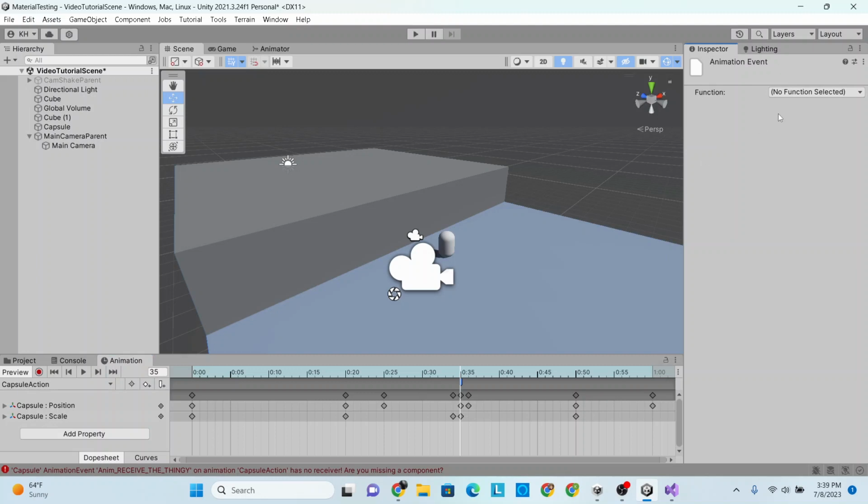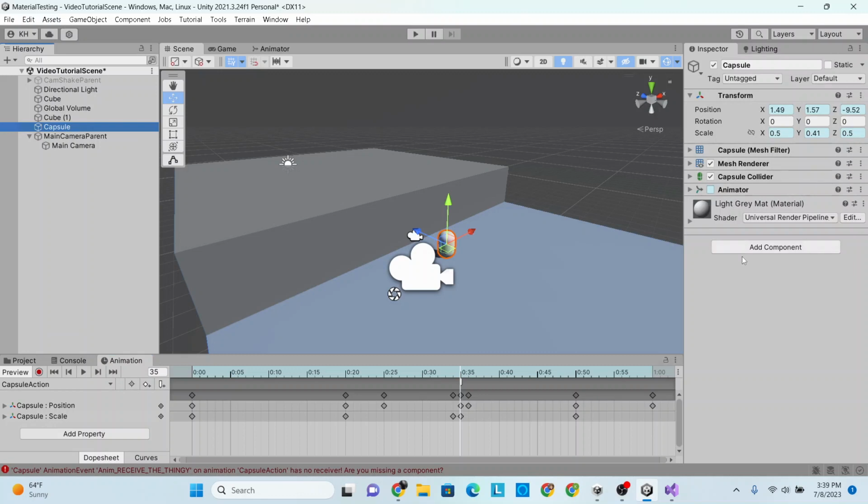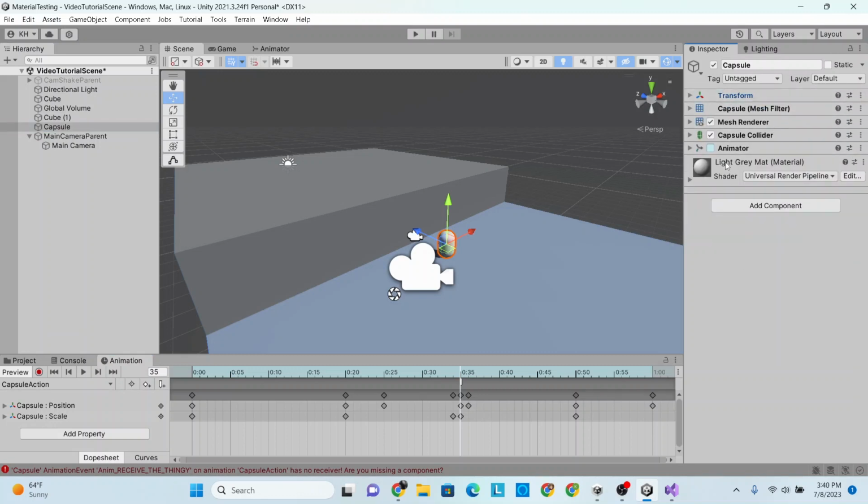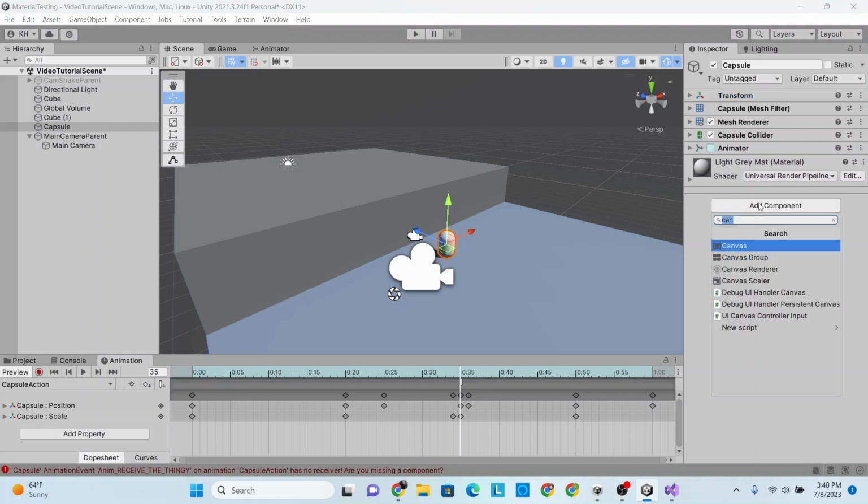But we have no options for the functions we can choose. And that is because we have no scripts on here, no components that actually have any public voids to pick from. So really quick, we're going to make one more quick script,